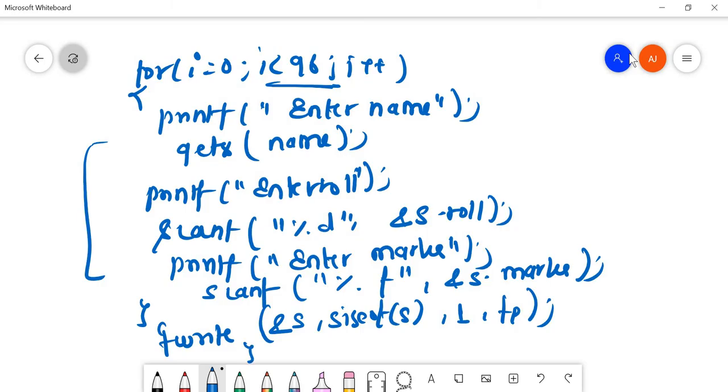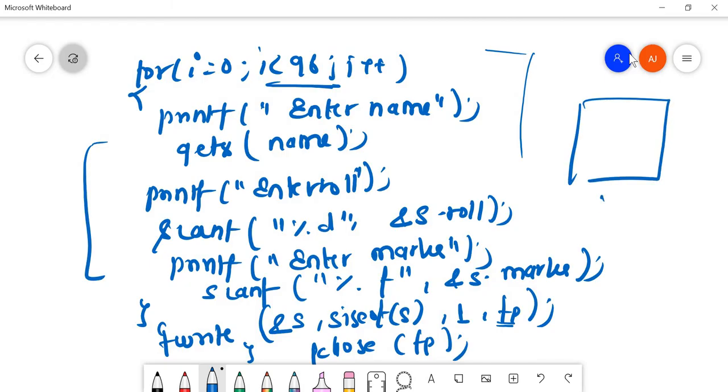In this way we'll write this structure record in our file, that is ioe.txt. Next I'll close my file. So till now what I did, I opened a file named ioe.txt, I wrote the information of 96 students here. Now I have closed this file.